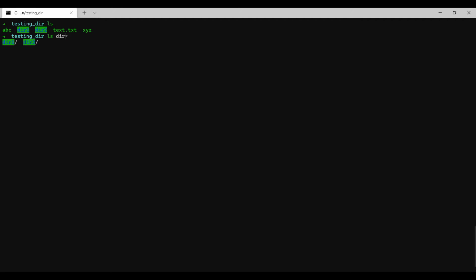By hitting tab, it will show us the complete path, or any other folder with a similar name present. By hitting tab, it will auto complete this path. Hitting enter, it will show us the files present in directory 1. Similarly, if we want to see the files present in directory 2,